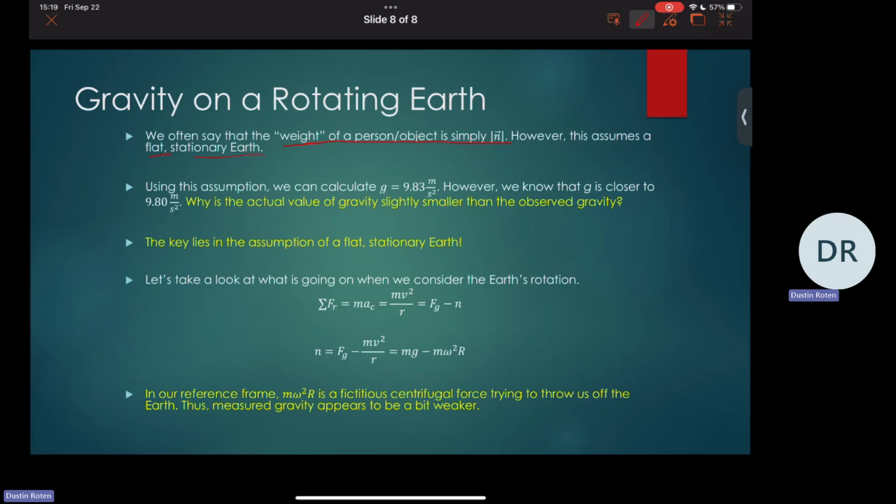So you remember the super easy free body diagrams. We have the normal force up, we have the force due to gravity down, mg, and the whole idea was, look, if we sum the forces in the y direction, that's just the normal force up minus mg down. Therefore, the normal force equals mg. Okay, well, the normal force equals the weight down, and that's just their weight. So we're done.